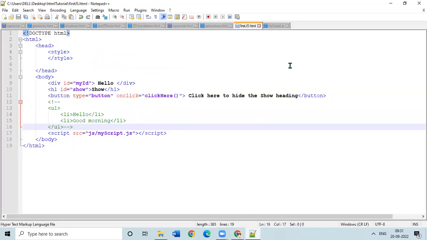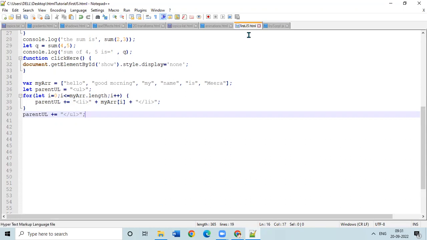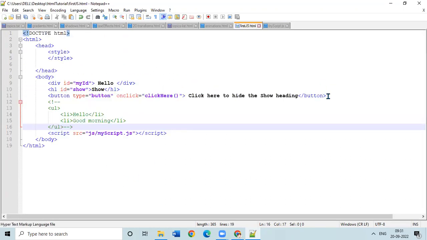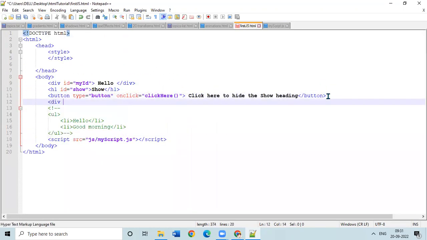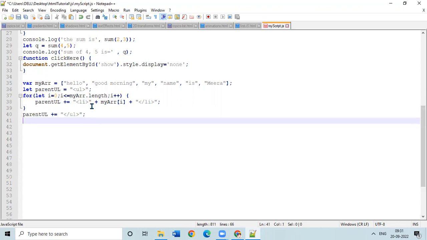So we need to append it somewhere, where I want. I will create a demo div: a normal div with ID equal to demo, and close the div. The UL should reside inside this div. So for that purpose I need to create it like this: